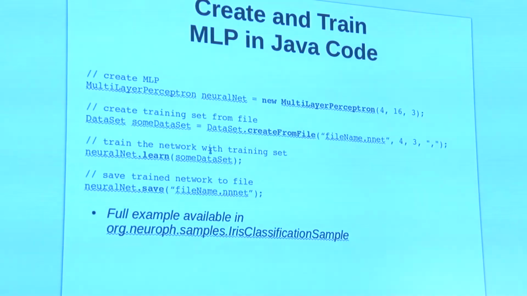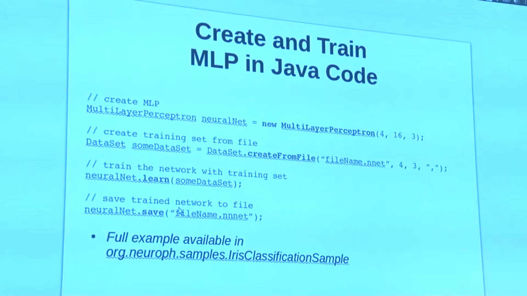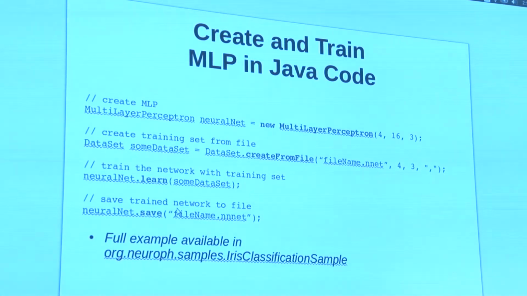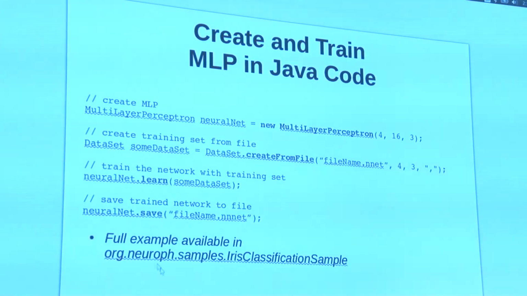Of course, it's not always this simple. You need to know a little about the problem, you need to choose an architecture, to guess the architecture, to be honest, and then you need some tweaking, which is also very easy to do. You just have setter methods to tweak everything that you usually need. And at the end, when training stops, you can save the network, you can serialize the network to a file as a Java object, and then you can very easily load it in your application. You just provide a reference to the Neuroph jar files, and you load it from the file.